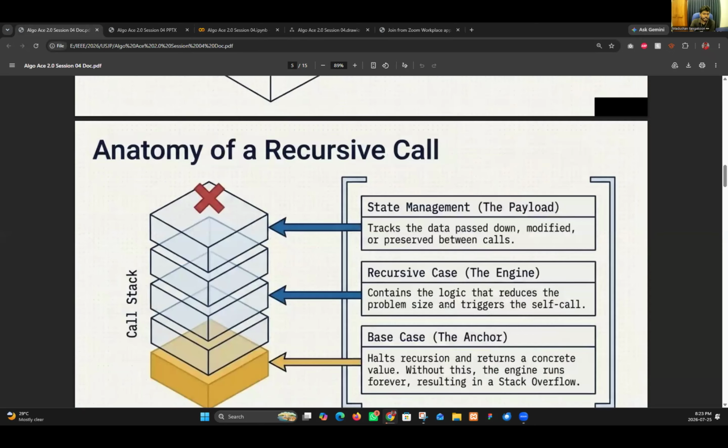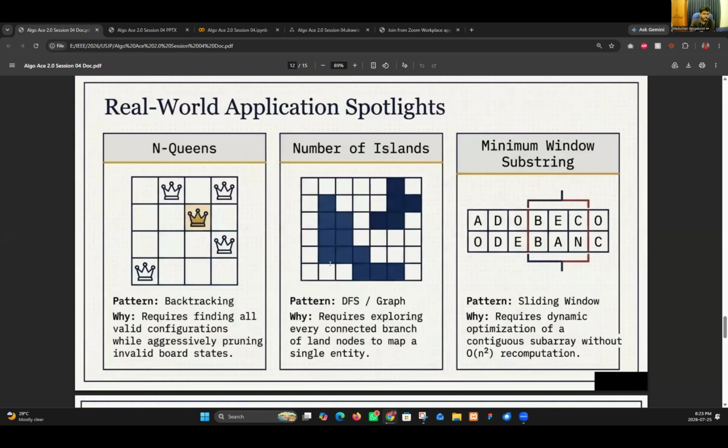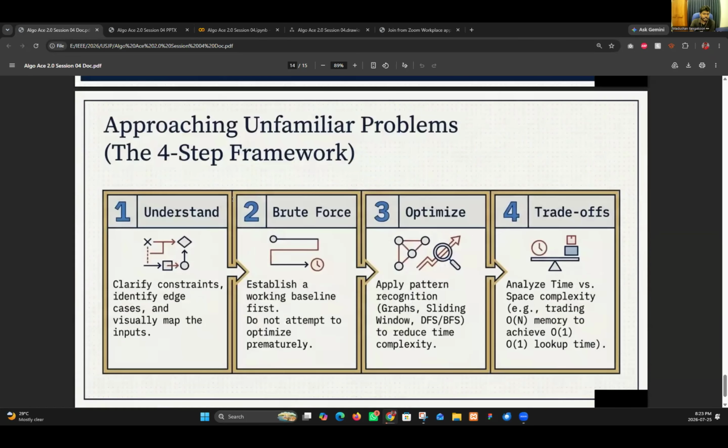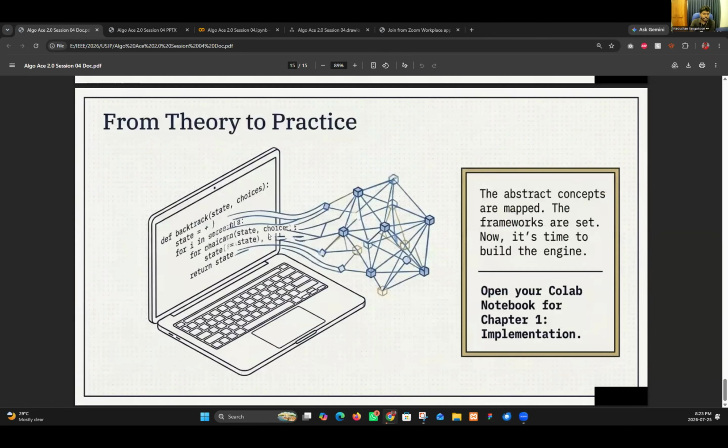These are other popular questions like NPM and number of islands. These are very famous questions. This document will be shared with you once there is time after the questions. Definitely you can go through this document too.